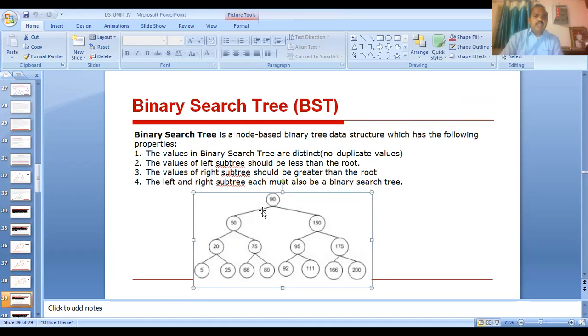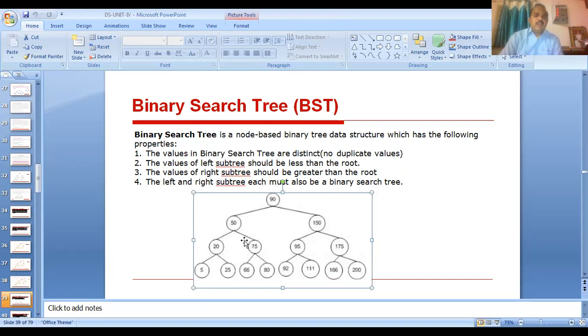This is 90. So 50 is less than or equal to 90. If the condition is true, it forms a left child. Then 50 is the root node or parent node. The elements less than 50 are 20, 25 and 25. Then what are the elements greater than 50? 75, 66 and 80.